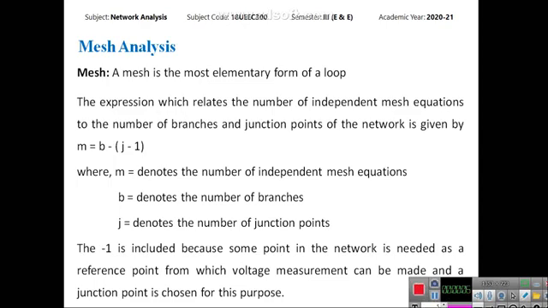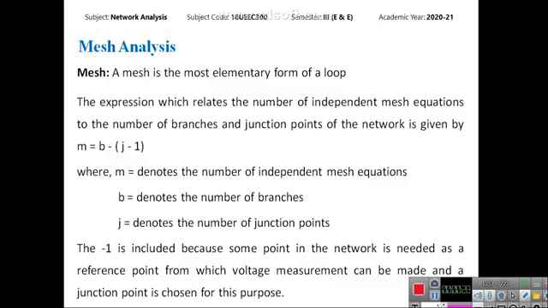Welcome to today's class. Today I am going to explain mesh analysis. This is one of the techniques used for analysis of networks. Before going to this method, you must know what a mesh is. A mesh is the most elementary form of a loop,